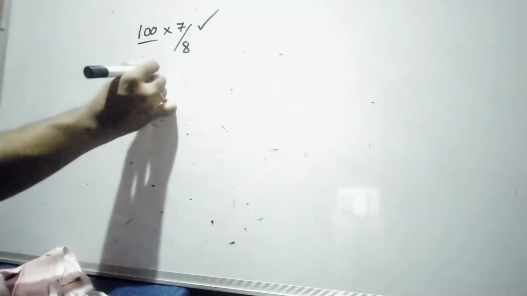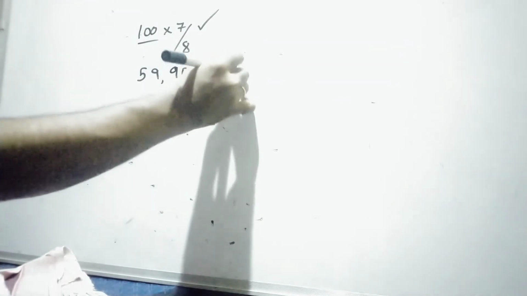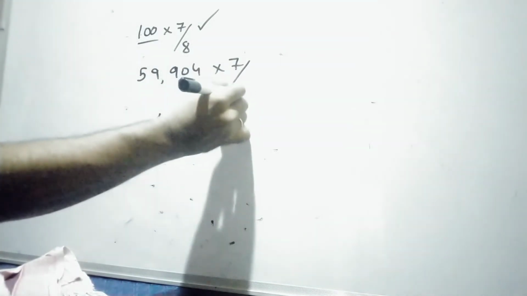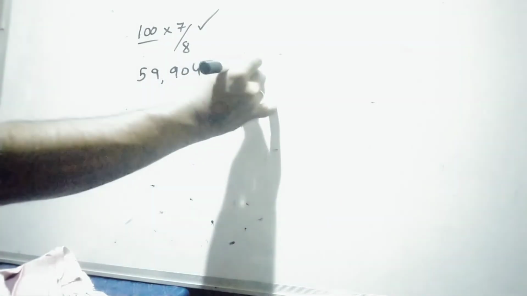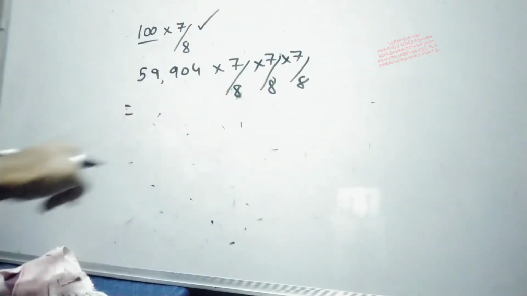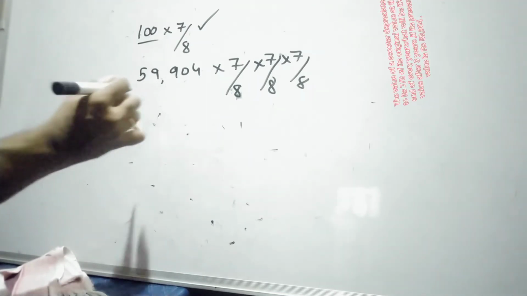So instead of 100, he has given the initial value as 59,904. In the first year it depreciates to 7 by 8 of the original value. The second year again 7 by 8. The third year again 7 by 8. So we can write 7 by 8 into 7 by 8 into 7 by 8. So if we solve this, finally